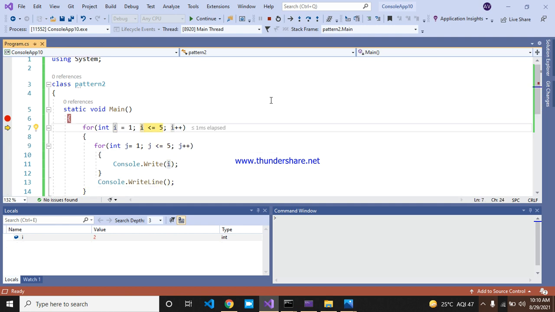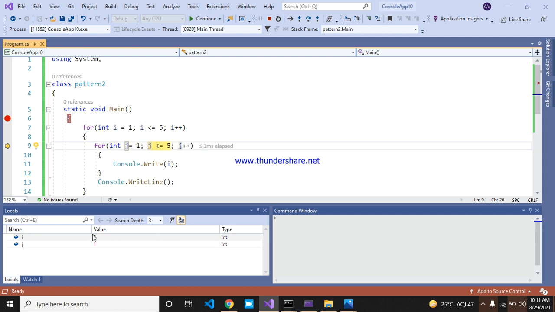This loop breaks down whenever j is 6, because 6 less than or equal to 5 is not true, the condition is false, so it comes out of the loop and goes to the next line. The i value this time is 2, and 2 less than or equal to 5, the condition is true. Here you can see the flow that was going on.